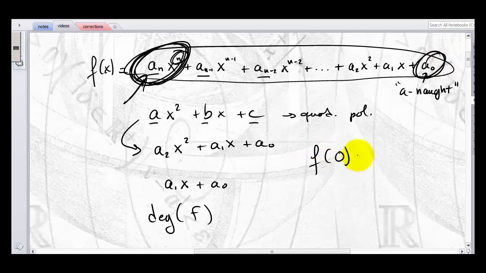f of 0 right here is just a naught. And this is called the initial value, okay? I guess it comes from physics right here. This is called the initial value of the polynomial. Finally, so let's take f of x equals a_n x^n plus a_1 x plus a naught. Okay, we don't normally write all the ones in between right here. Like, I don't need to write n minus 1. I know they're there. If there is a real number, let's take a real number, for example, alpha in R,